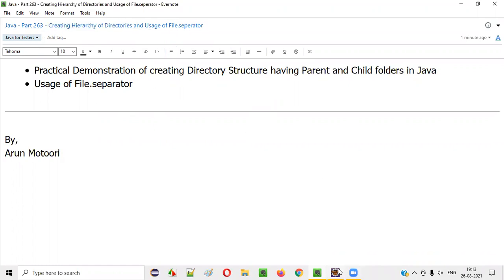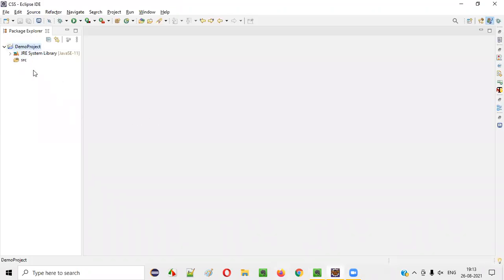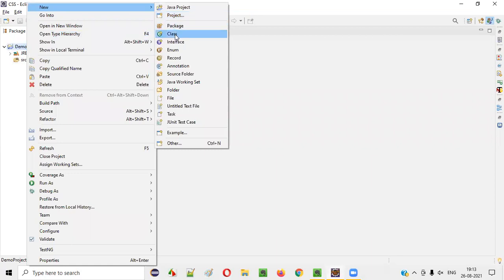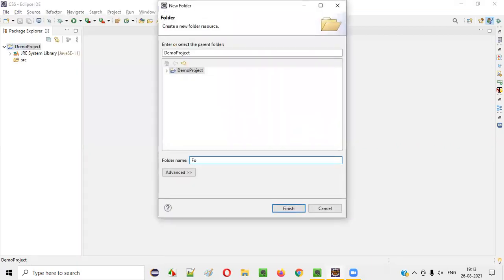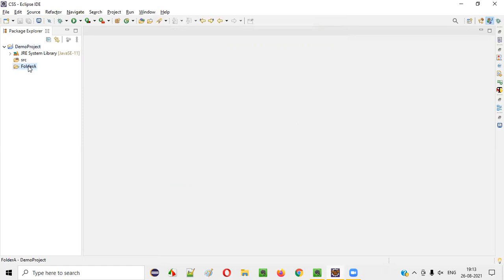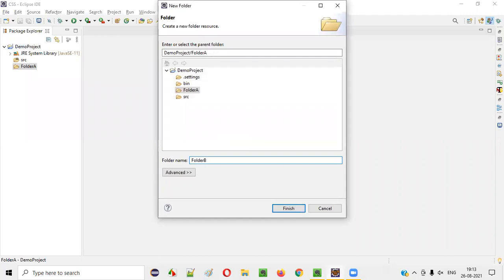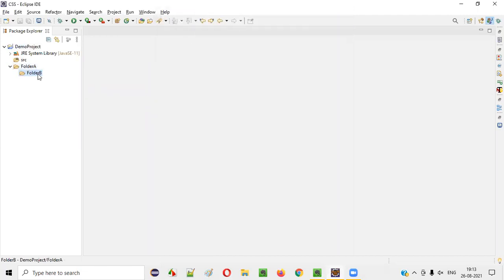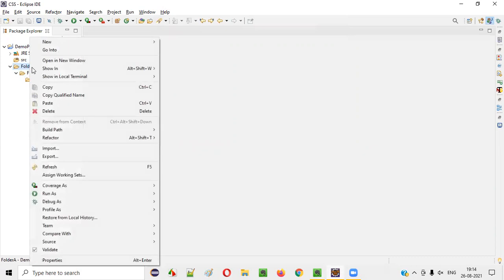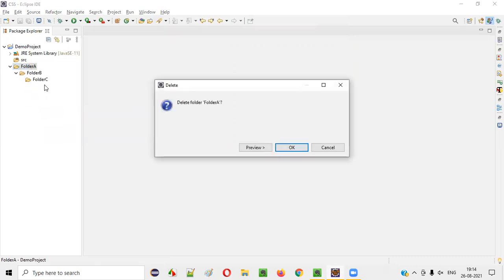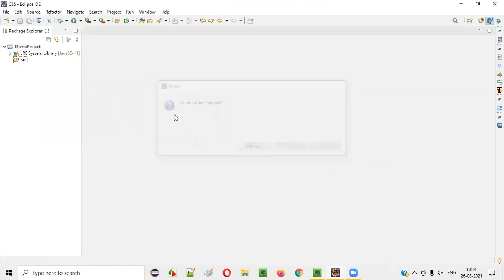What I mean here is, for example, here we have a sample Java project. Under the Java project, using the program, I want to create a folder, say folder A. This is only one folder. Under this folder, I want to create another folder, say folder B. Folder B here is the subfolder of folder A. Now, under folder B, I want to create another folder, say folder C. This I want to achieve using the Java program, a hierarchy of folders I mean. So at a time, I can create this hierarchy of folders in the Java project using Java programs. How is that possible? Let me demonstrate now.